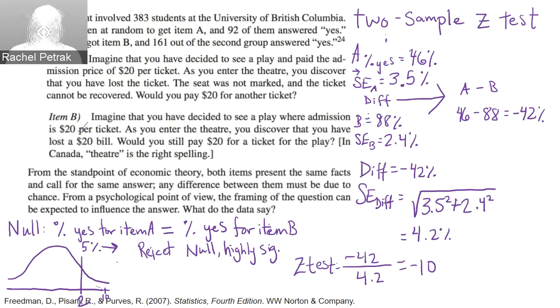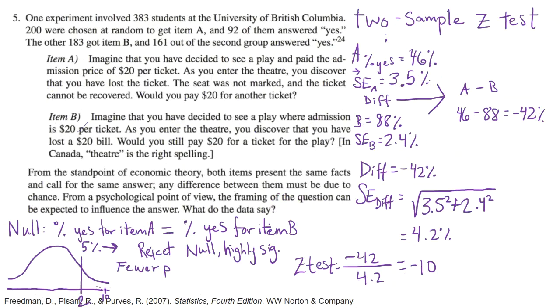Remember that we have 88% who said yes to B, but only 46% who said yes to A. Well, our Z-score is negative, so we were looking at whether the proportions here, and we frame it in terms of the direction of our test. Fewer, since we did A minus B, fewer